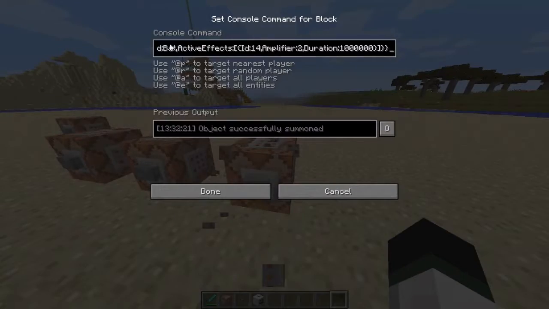Pretty sweet, huh? I'm going to go through that a bit slower because I think I sped through it. You have all the TileID ready, all that stuff, Time:1, Riding:{id:Bat}, you have all that. Then comma, ActiveEffects:[{Id:14,Amplifier:2,